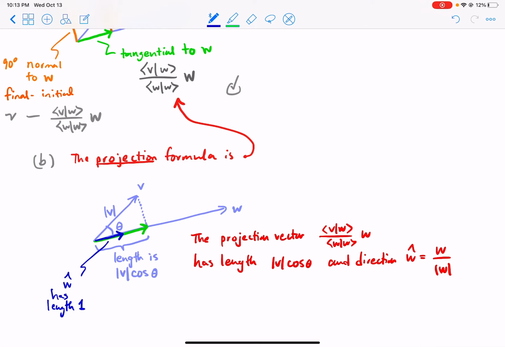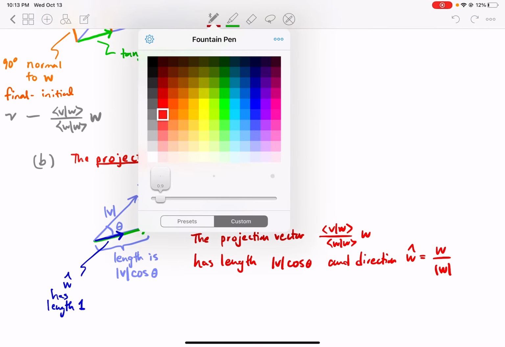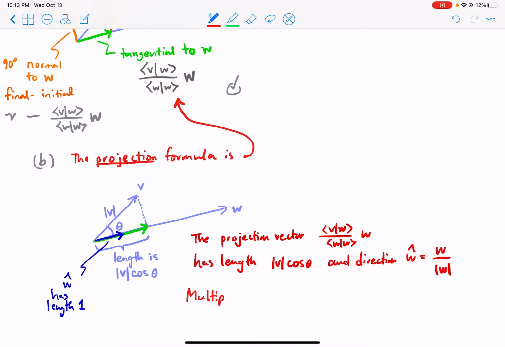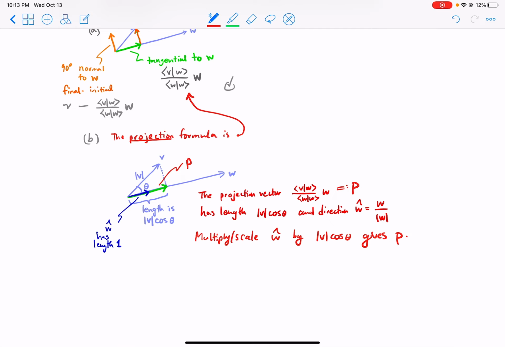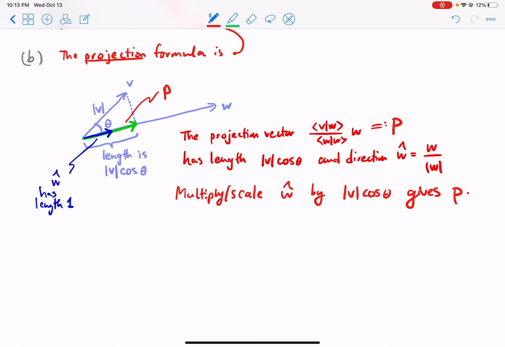And then, if we multiply w hat by this number, then we'll get the green vector. So I will just say that in words. Another way to say it is you scale w hat by |v| cos theta, which gives, let's give this a name, let's call it p for projection, p, the green vector. This is p, okay? And so that's the first step. And so what that means is that p is equal to